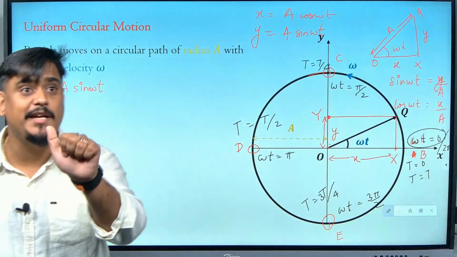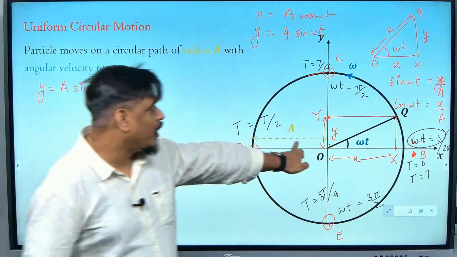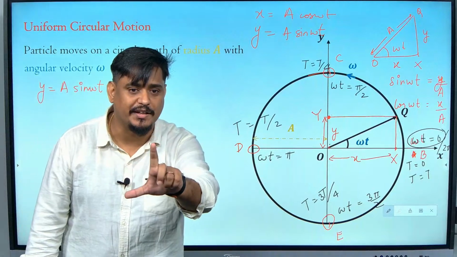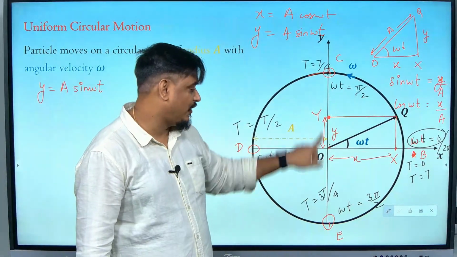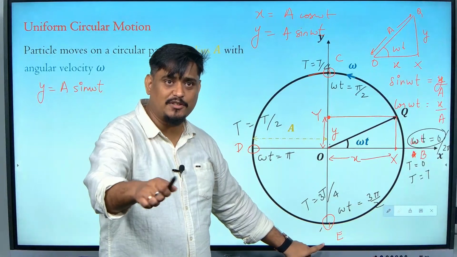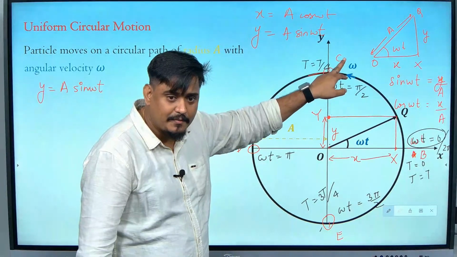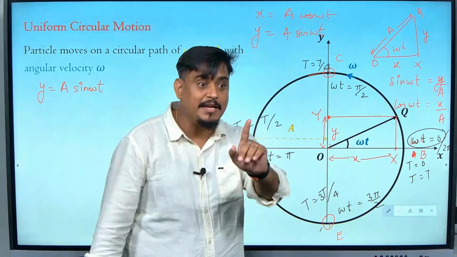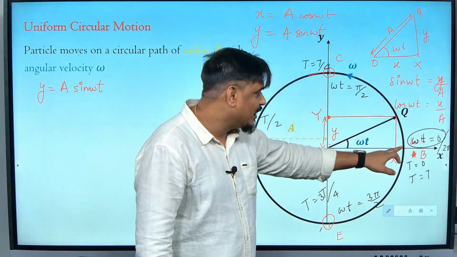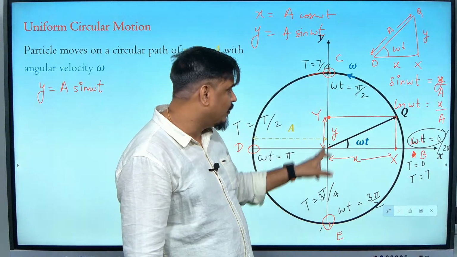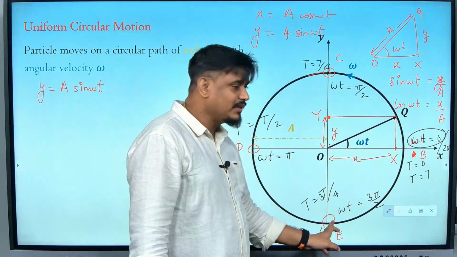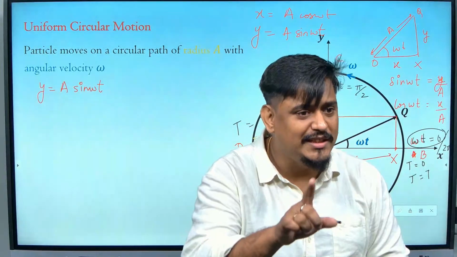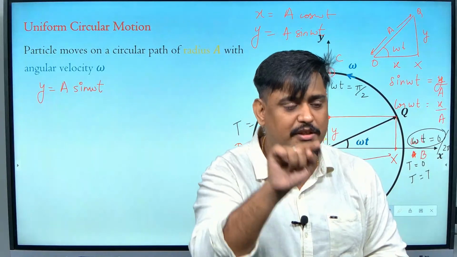Whenever I use the word mean today, you should understand the object is either here or here. Whenever I say the word extreme today, understand the object is either here or here. Same way, if somebody is taking x is equal to a cos omega t, B and D will be extreme, C and E will be mean. I hope you are understanding it, because for the x axis it is maximum, it is reducing, becoming 0, then again becoming minus a, becoming 0, and again becoming plus a. I hope you are understanding how displacement changes for x, how displacement changes for y. Clear to you?